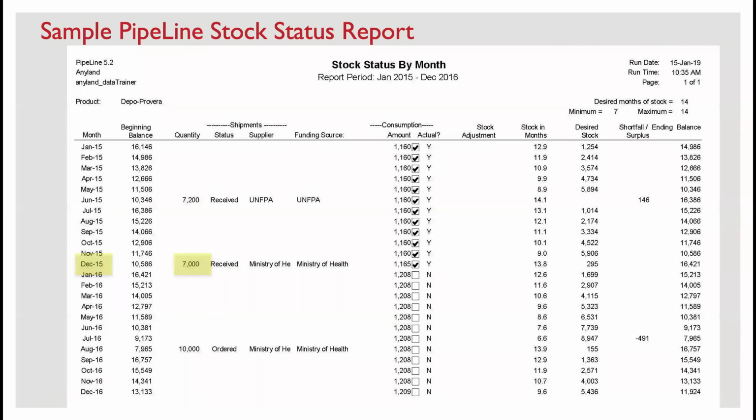So going back to our previous example event, let's look at lead time planning in a bit more detail. This is the pipeline and planning and monitoring report we saw previously. And we will focus on the shipment that arrived in December of 2015. As part of our monitoring, we would want to track the shipments and the time it takes for each part of the lead time process so that we can use that information to improve the lead time components in the